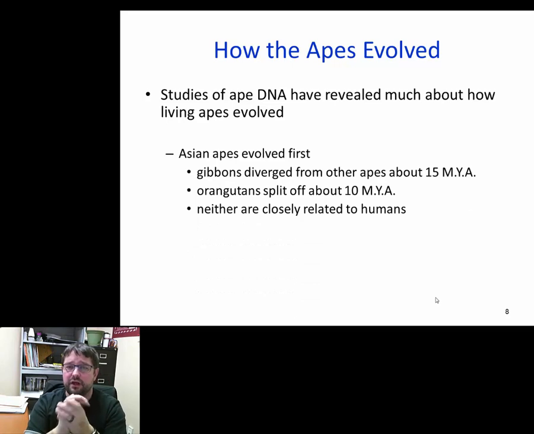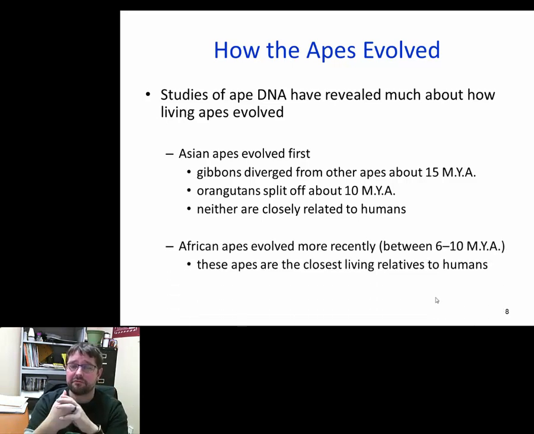When we look at Asian apes, like gibbons and orangutans, we can put a general time period on how long ago they separated from humans. And so gibbons diverged first out of the great apes, and that was about 15 million years ago. Then orangutans, about 10 million years ago. And so in general speaking, when we talk about DNA, yes, they're great apes. They're related to us, but we've diverged from them for a very long time. And so we haven't shared ancestors with them for very long.